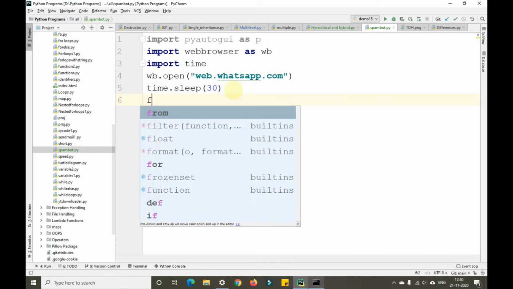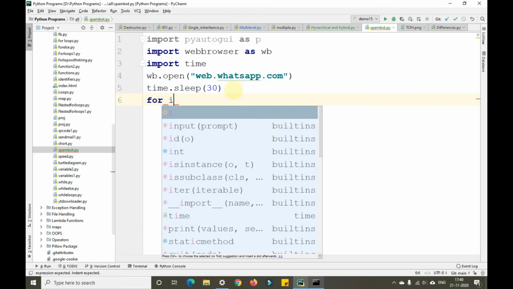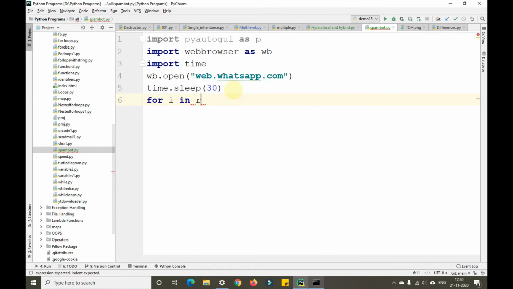So that is the reason I'm taking 30 seconds here. Now I'll take for i in range of, I'll take 10 here guys, so that it will be short and simple. P dot press, we'll press keys here accordingly.